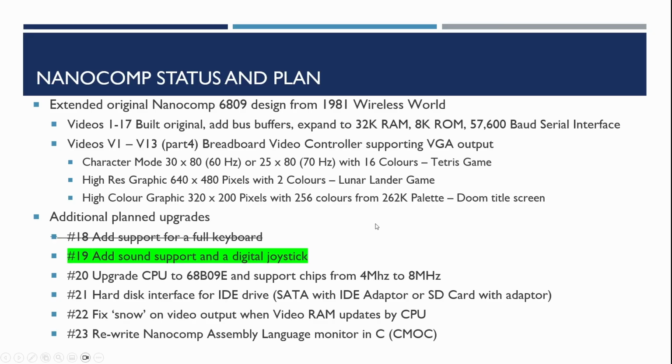In the last video I covered the background to the Nanocomp. It was based on an original project in the 1981 Wireless World magazine, and over the series of videos we've built out the original Nanocomp and expanded it to include the features below. And then in the video controller series we built out a VGA compatible video card which included support for running Tetris, Lunar Lander and showing the Doom title screen graphic. In the previous video we added a PS2 keyboard, and now we're going to be adding sound card support and